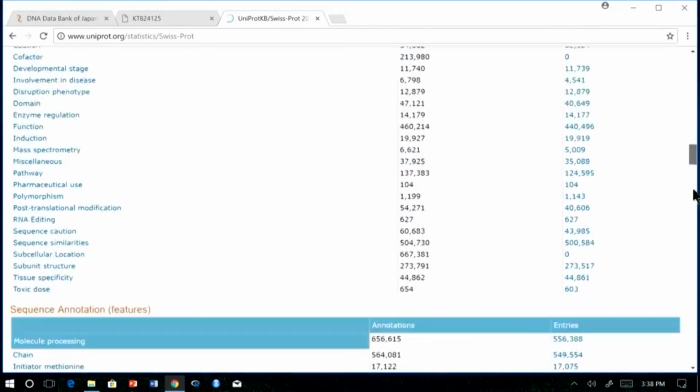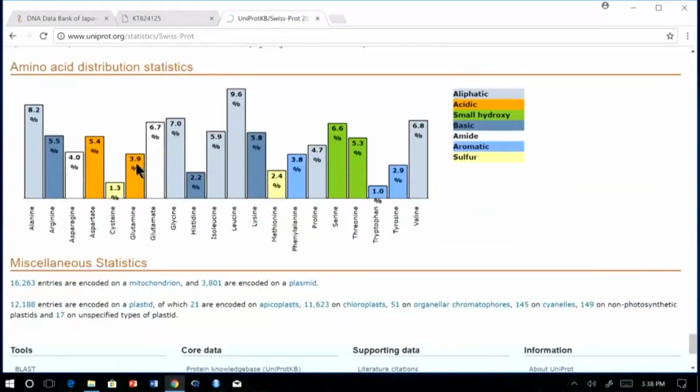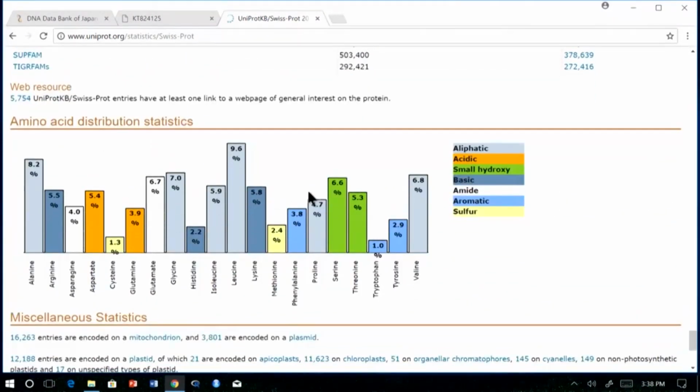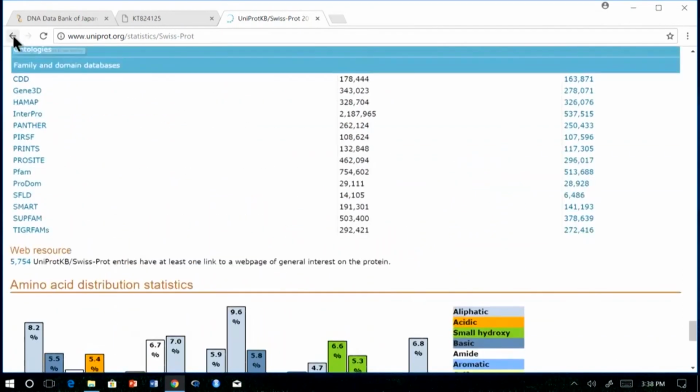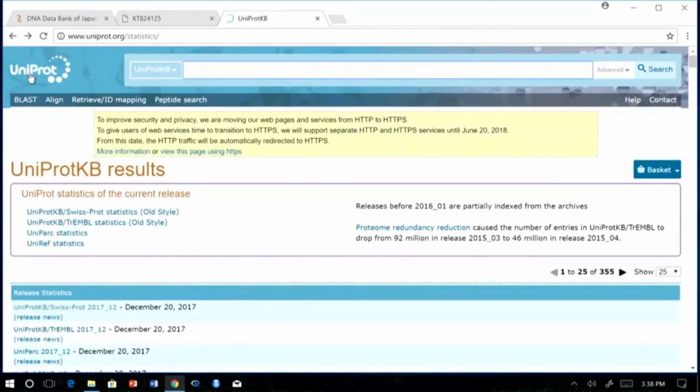One important detail you can get at the end is what the amino acid distribution in UniProt is for all these sequences. So, you can see leucine is the highest and tryptophan is lowest, as been told in the lectures. And this also could be because 6 codons code for leucine and just 1 codon codes for tryptophan. Then